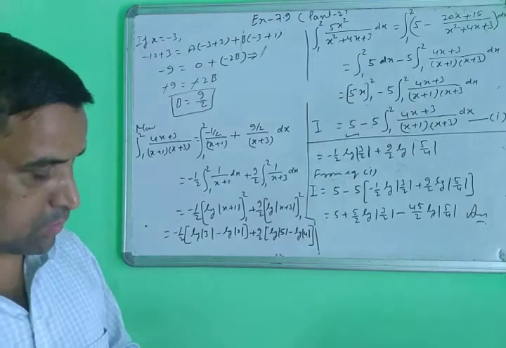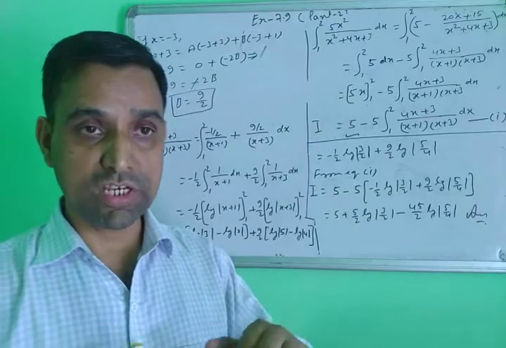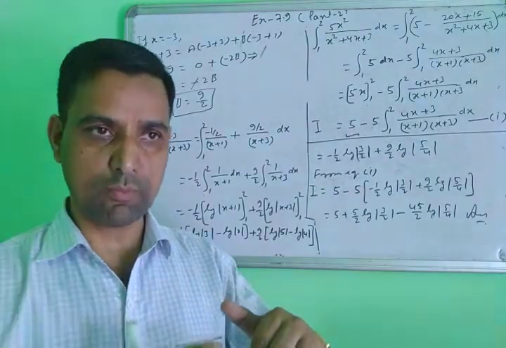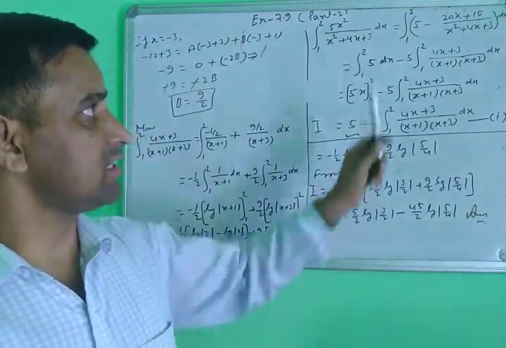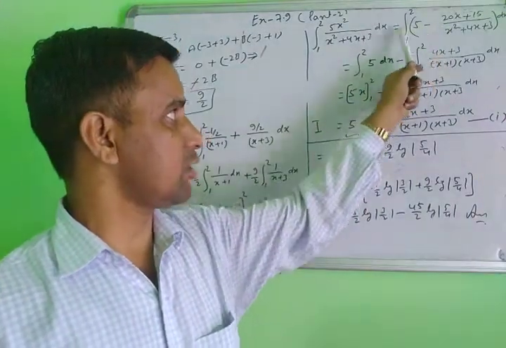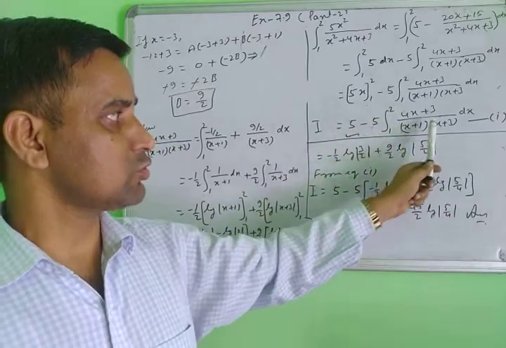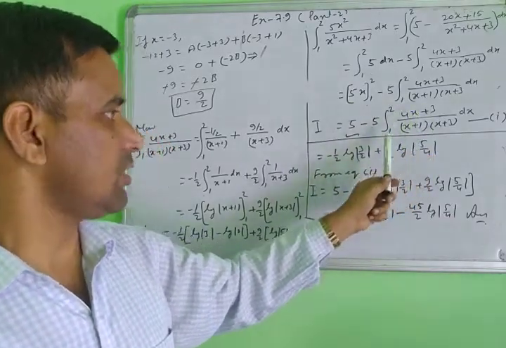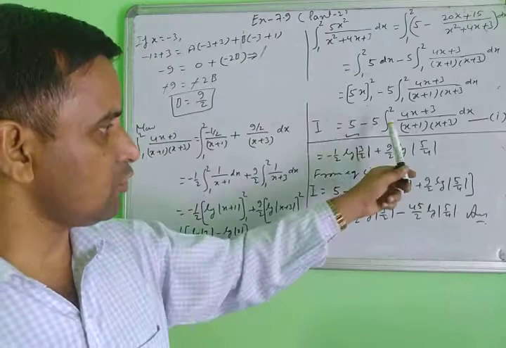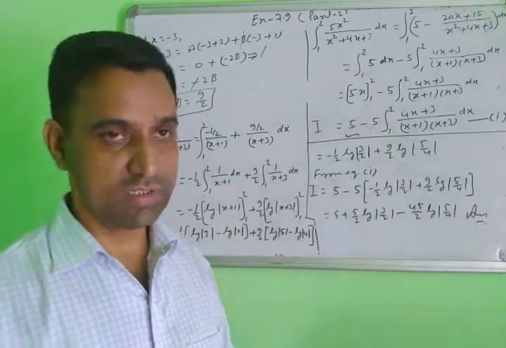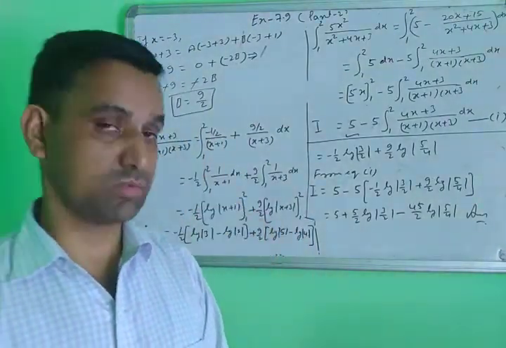According to this way, this type of question is very important. First, if the question is given in improper form, you will convert it into proper form. Then you find the factors of the denominator and write it in this form. After that you segregate this portion, then integrate the first part and then the second part. This part you solve according to partial fractions, find the values of constants a and b, then put them in the integral and find the answer. This is the final answer. This type of question is very important, and this type of question comes as a 6 marks question. Yes, note it down.